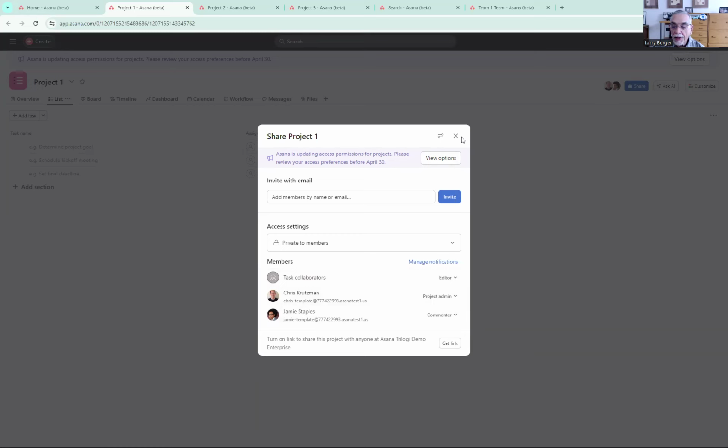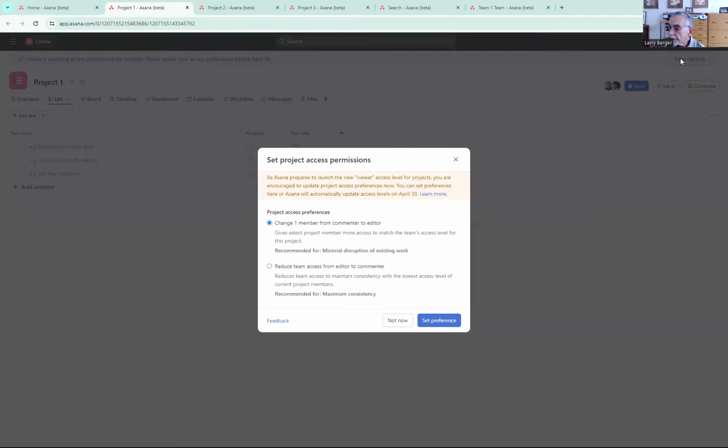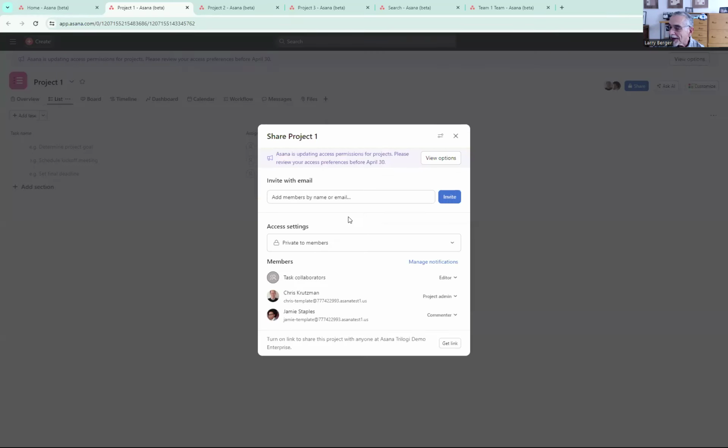But you're going to notice that initially, right at the project level, there's this banner up at the top here, and we can click in here and see what Asana is offering that you can do. Actually, I'm going to cover this in a second. Let's click the share dialog back where we were before. And we can see, as we've already learned, somebody's permission is lower than the default level of permission.